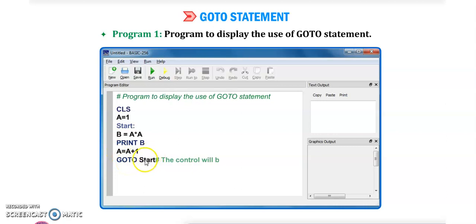So at the start label, the control will be transferred to start. Then write END. After that, what will be the output? 1 and 4. So this is program number 1.